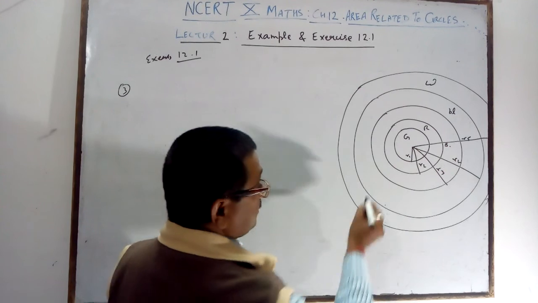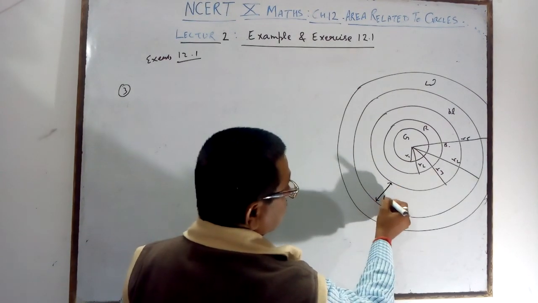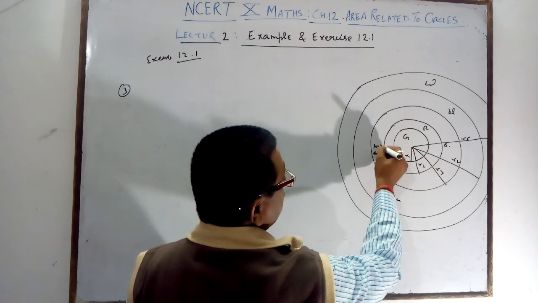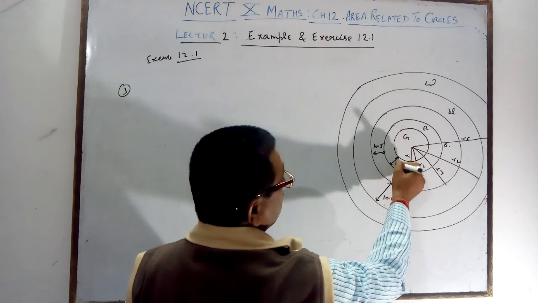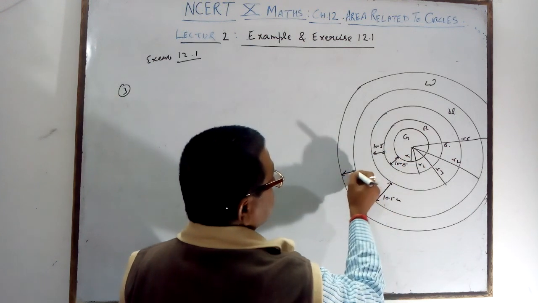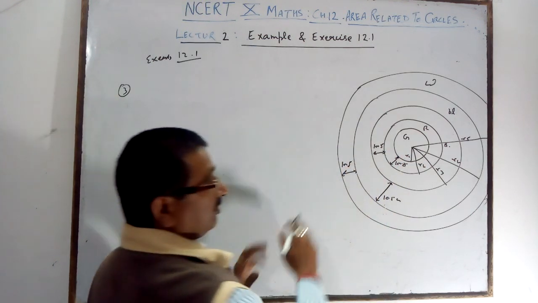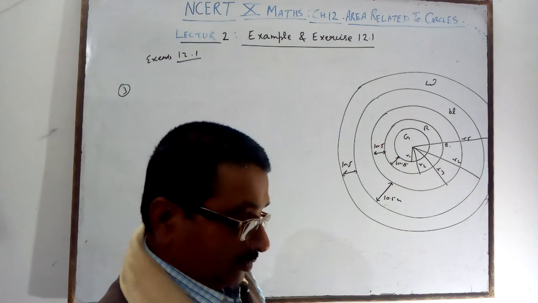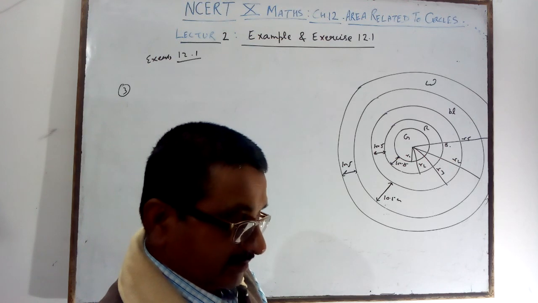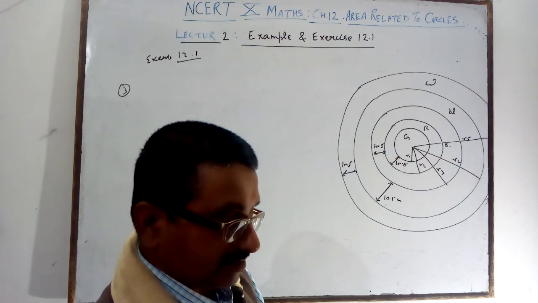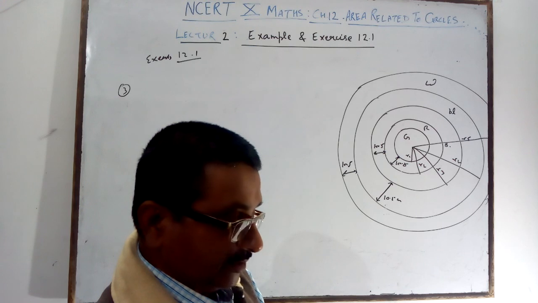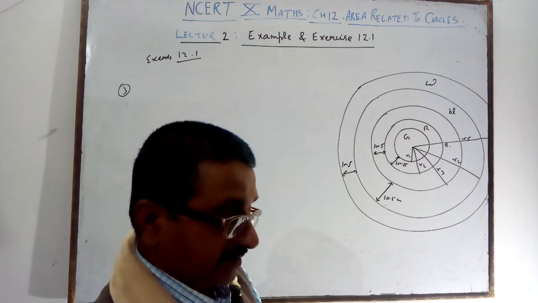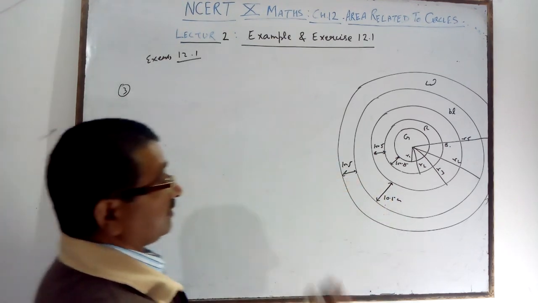Each has the width 10.5. Each has the width how much? 10.5 centimeter is given. All the rings have the same width. Here you want to find out: 21 centimeter is the diameter of the gold region, and each of the other regions has the same width. Find the area of each of the 5 scoring regions.